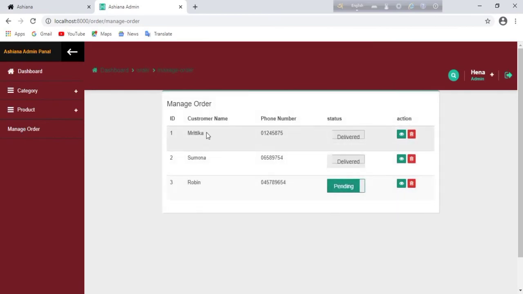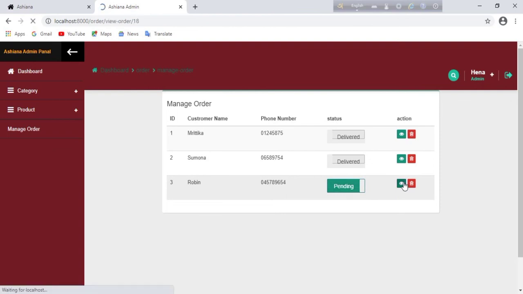There is serial number, customer name, phone number, status and action. Here a new order has been added. Now it is in pending status. When we deliver the food, this will show delivered.